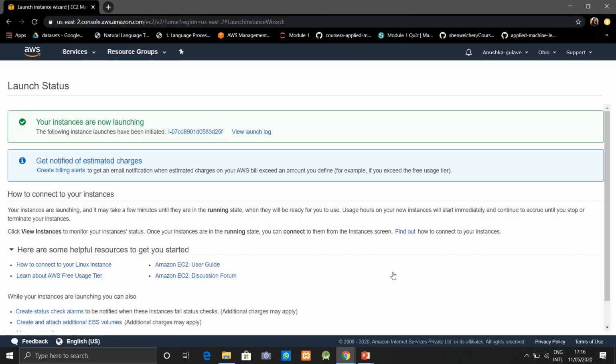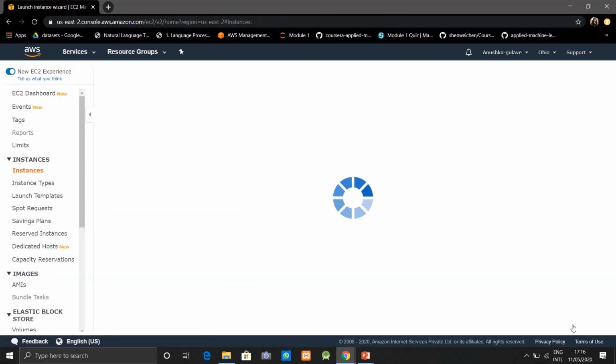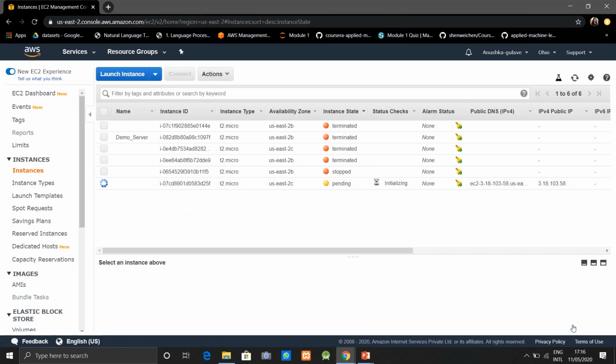You can see our instance is now launching. Then click on view instances. You can see our instance status is initializing. So let's wait for a few minutes until our EC2 instance gets ready.